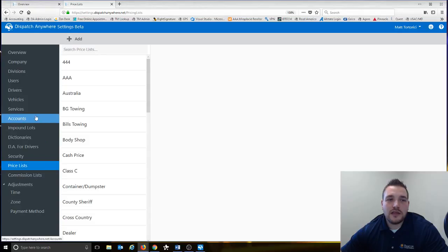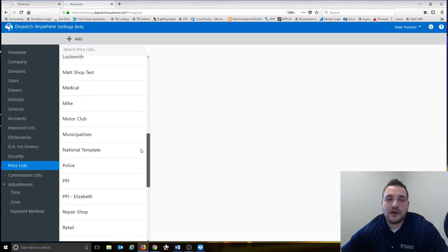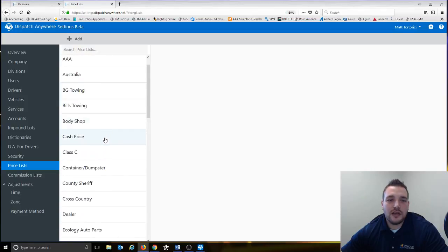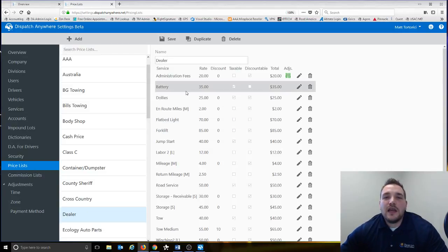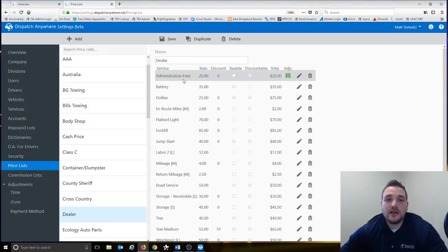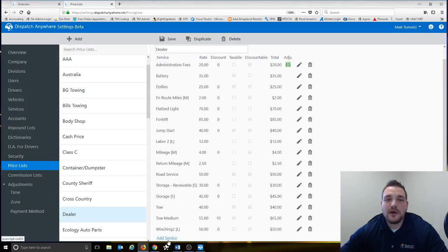Price list. Now this gets in with your accounts again, so we're circling back here. We have a bunch of different price lists already associated here, so let's look at the dealership one. All right. So we've already added services to a price list. When you create a brand new one, nothing's going to be on here. You'll have to add services down here at the bottom, one by one,